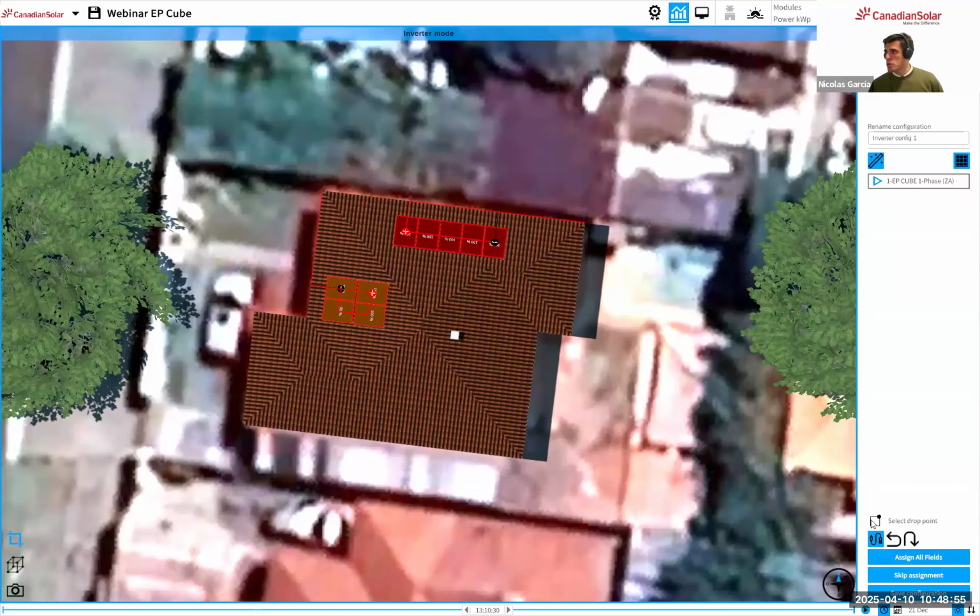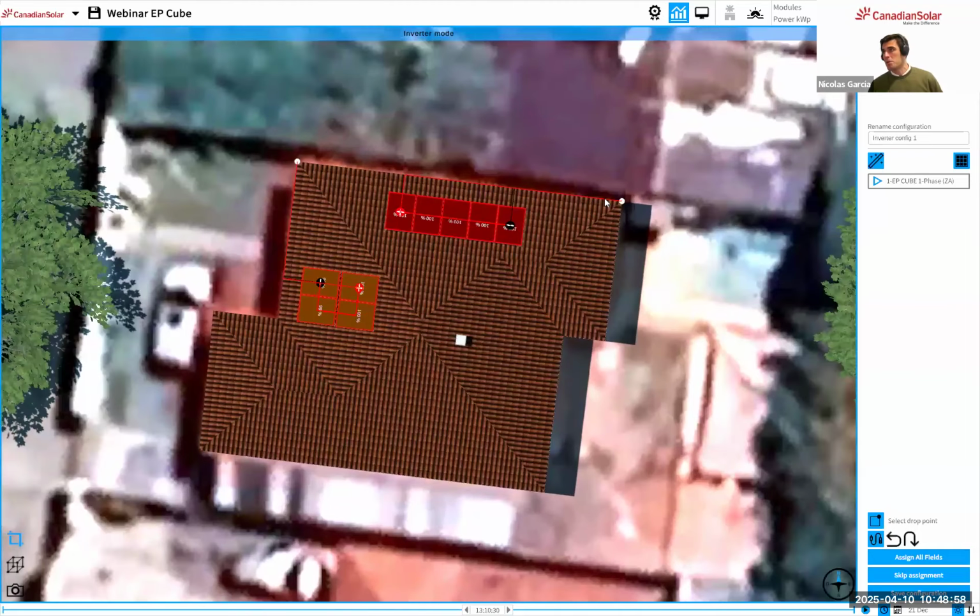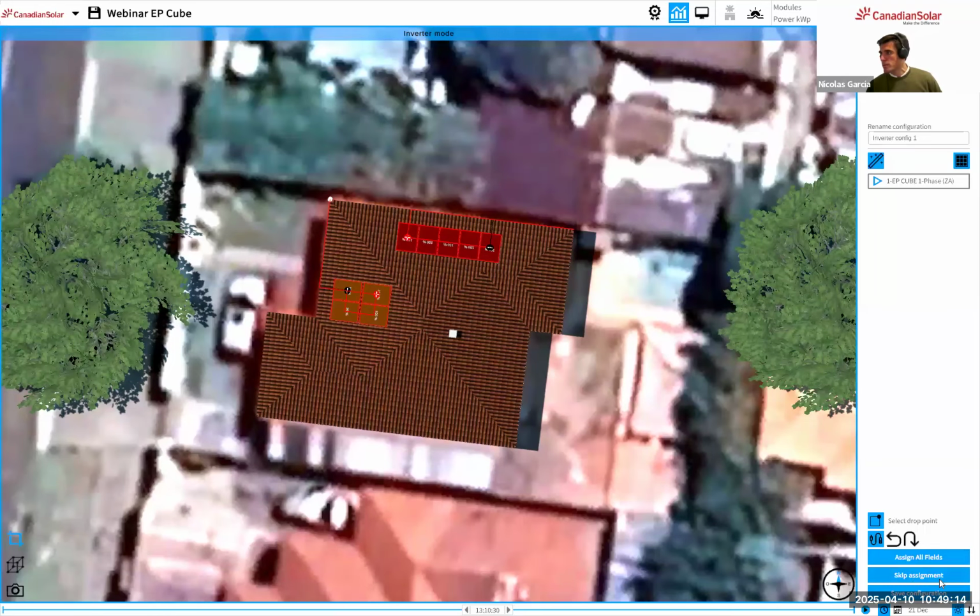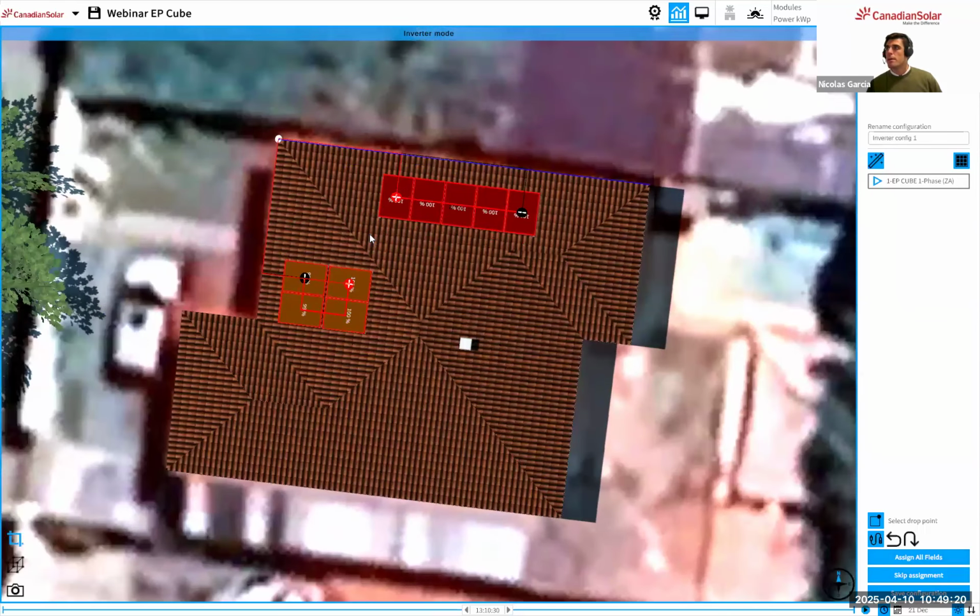If we activate this box of select drop point, we can also select the drop point of the cables. In this case, we have 2 drop points. If, for example, the client wants to place the EP cube on one side, we can put them together here, moving the elements as we move anything on the tool, and then assign to all fields again. And we will see how the cabling is done. Generally, it calculates the minimum length necessary, so optimizing the cable length, and then adjusting to the drop points that we selected. Once we have it, we click on save,